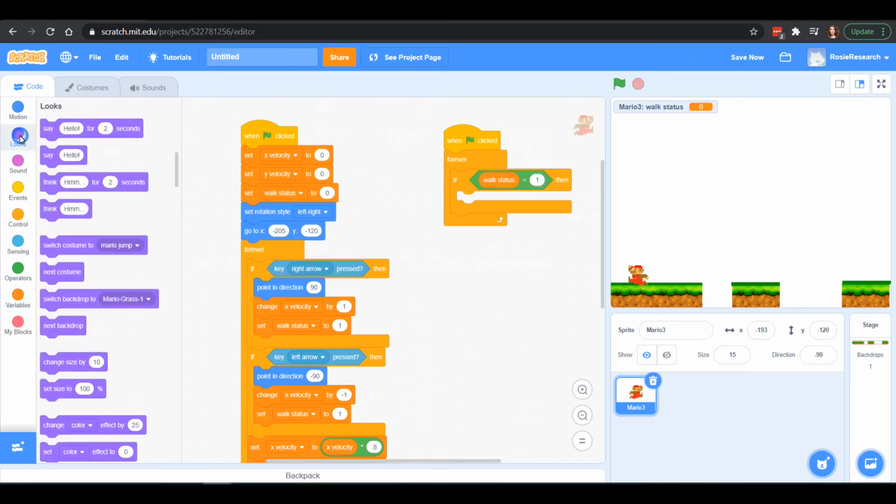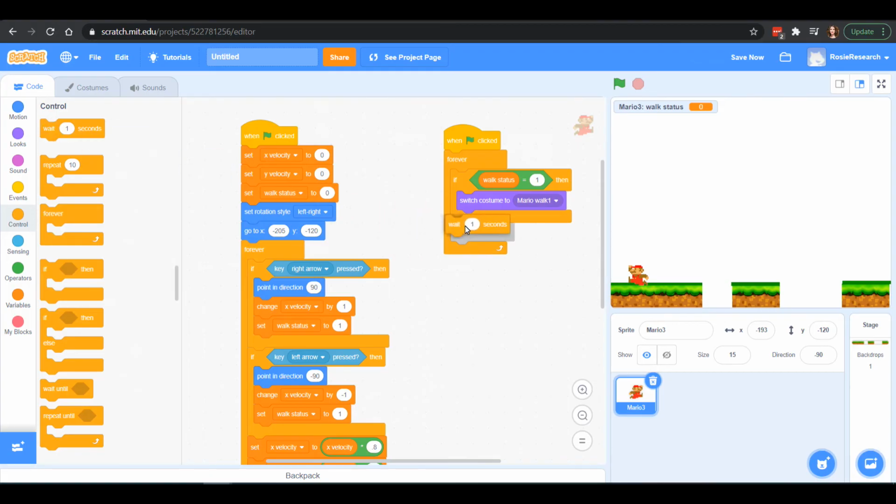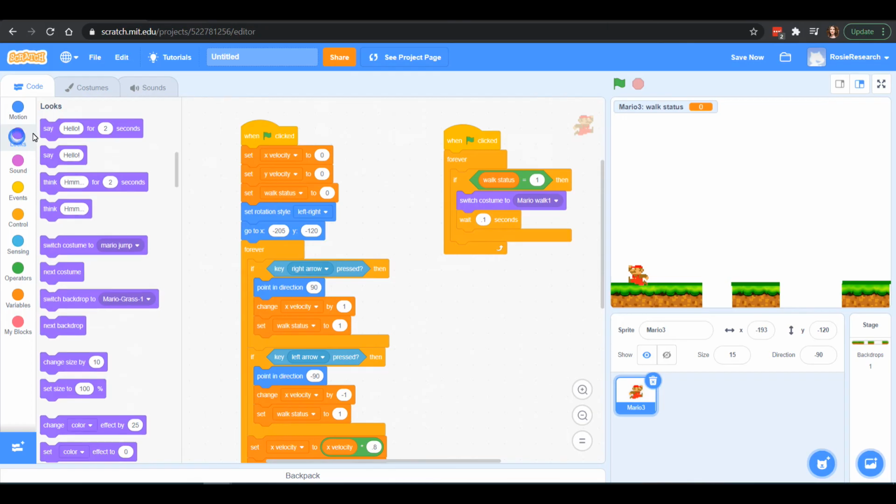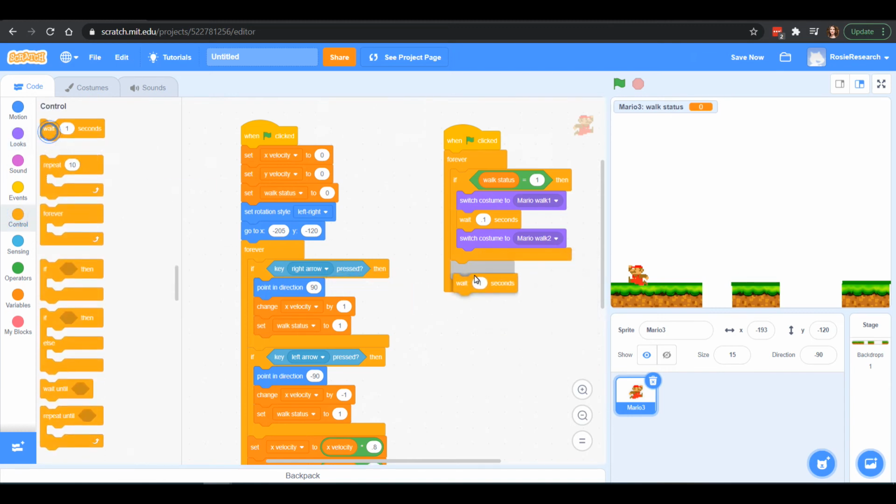I'm going to go to my looks and switch costume to Mario Walk 1, and wait a small amount of time, like 0.1 seconds, and I'll switch my costume to Mario Walk 2. And then again, I'm going to want to wait 0.1 seconds there.